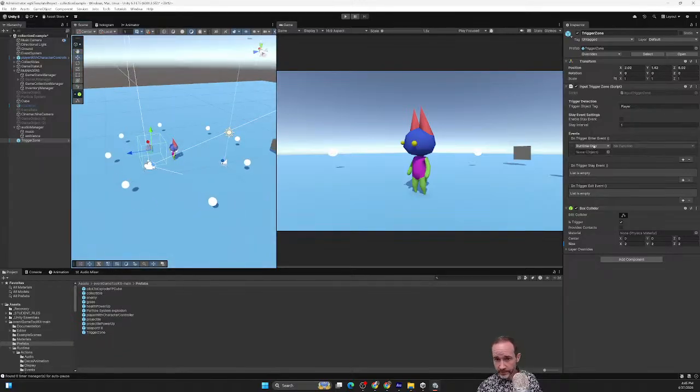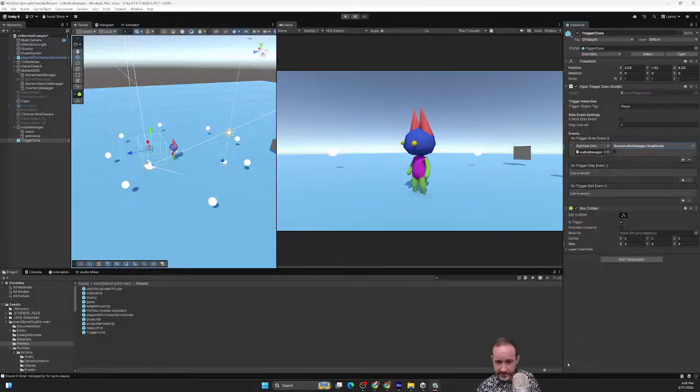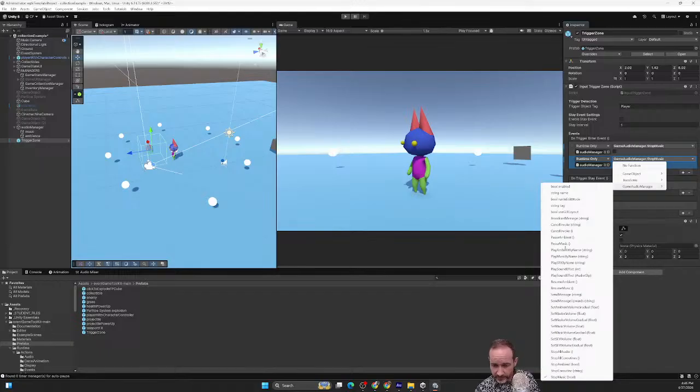Good. Is trigger checked? And then on enter. So now let's talk to our manager here. And on the manager here, we have some options set up for different tracks. So we have stop, ambient, stop music. So when we walk into there, let's go ahead and say stop music. And let's turn on the ambience. So play